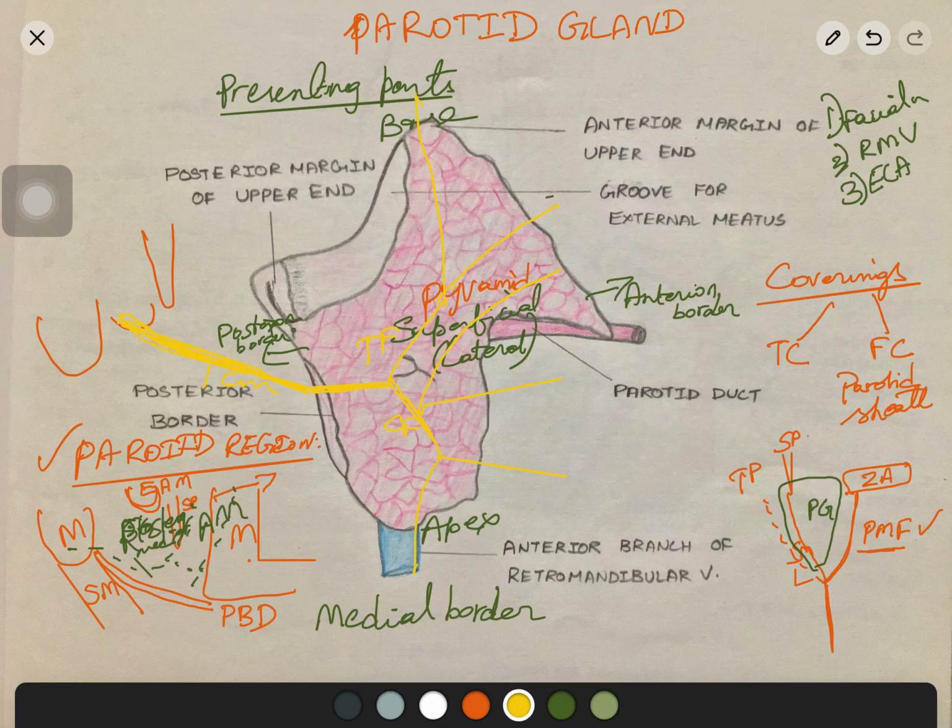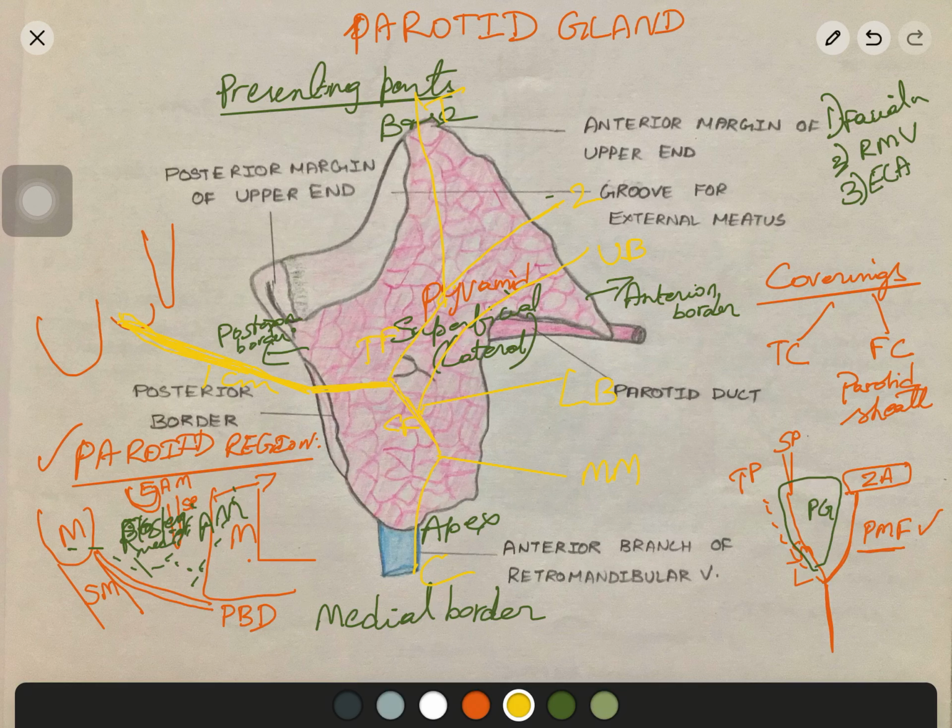So from this, buccal, upper buccal and lower buccal, then the marginal mandibular, and through the apex one branch is the cervical branch. So these are the five terminal branches that radiate like a goose's foot through the anterior border of the gland and supply the facial muscles, hence called pes anserinus. So we will label the branches. This is the temporal branch, zygomatic, upper buccal, lower buccal, marginal mandibular, and cervical.